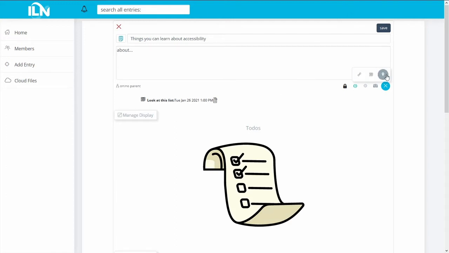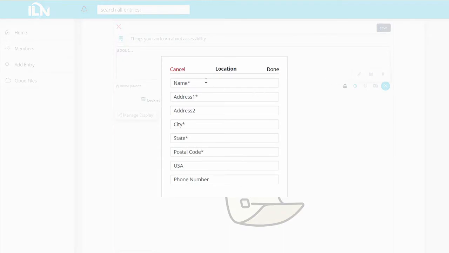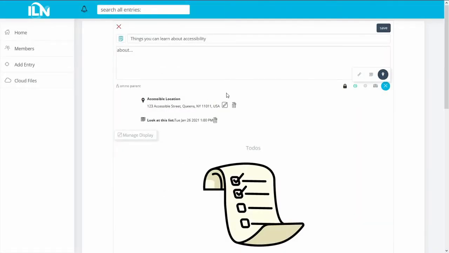And then I'm actually going to also add a location. Now, you can type in a location, give it a name, for wherever you need, although I already have one saved, accessible location, and it's already saved there. Now I'm going to save my entry,